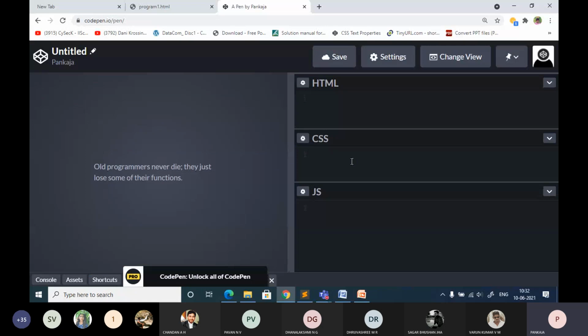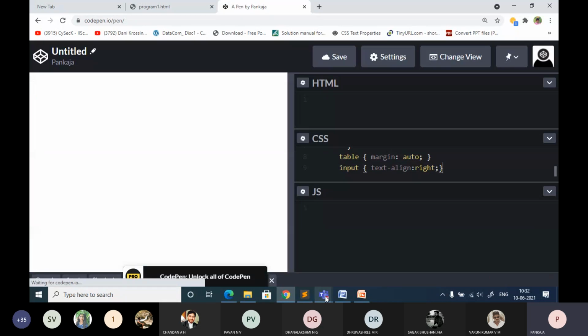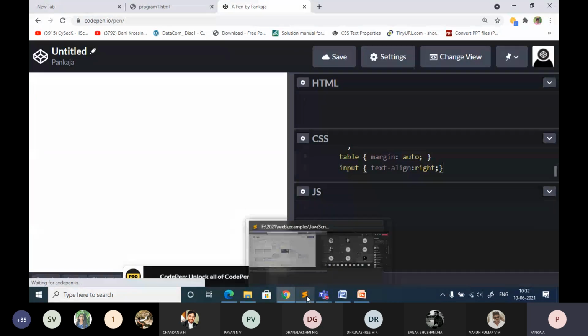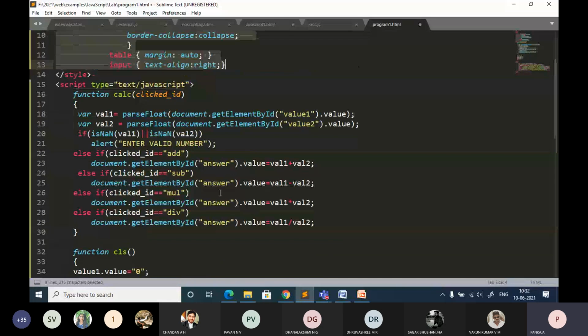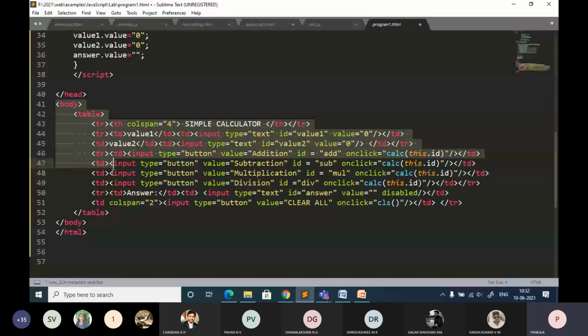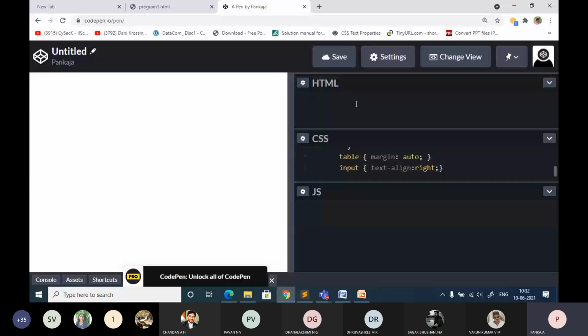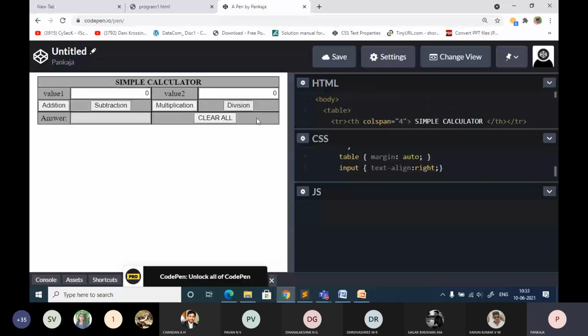The style part should come under CSS. When you are typing the code, you should start from the HTML part. For HTML, take from body, put it in the HTML tab. You will be getting the table.